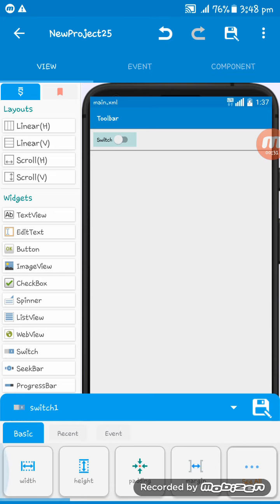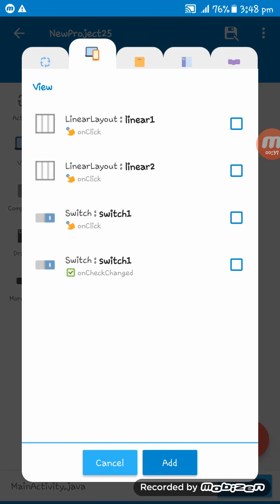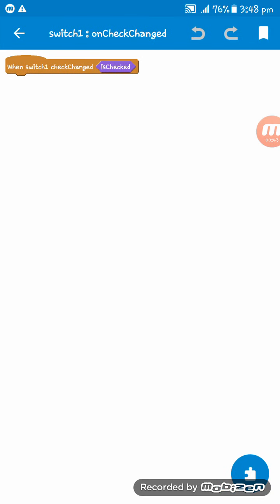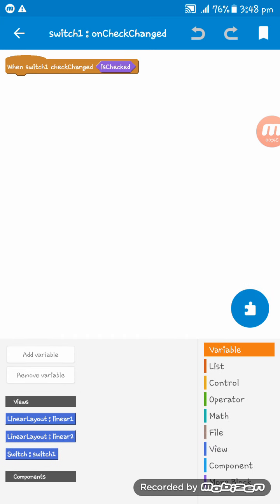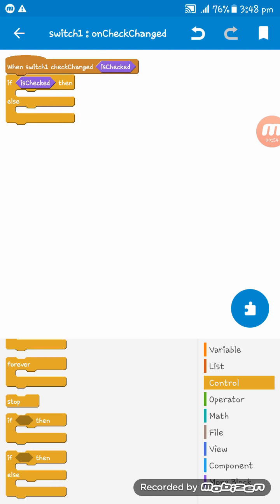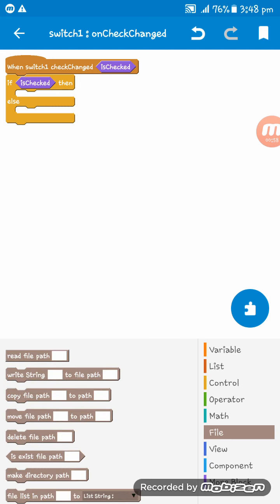After that we have to go to event, go to view, and create a new view event on switch, on check changed. So here is this. Now here what we have to do is give this control: if the switch is changed, then